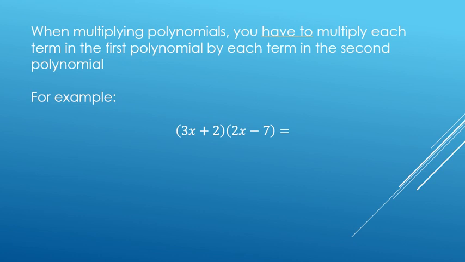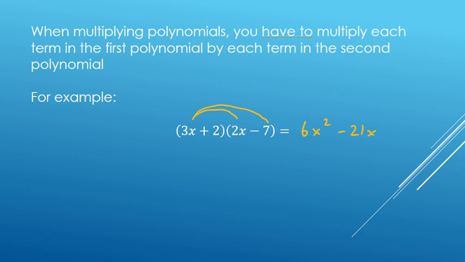You've probably heard of FOIL, which we use to multiply two factors that each have two terms in it. So you go first, the first terms in each factor here. 3x times 2x is going to be 6x squared. Multiplying the 3 and the 2, and multiplying the x and the x to get x squared. Then we have outside, 3x times a minus 7,